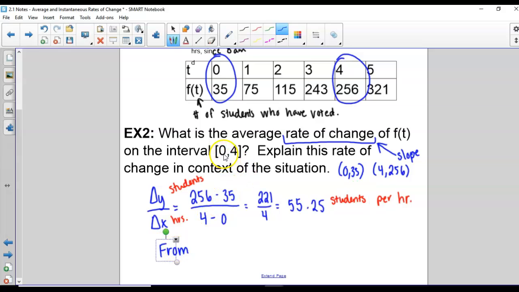I could say 0 to 4, but 0 to 4 doesn't really help me in context of the situation. Because what does 0 to 4 mean? It doesn't really help a lot, right? What does 0 represent as far as time goes? 8 a.m. What about 4? What time would that be? That'd be 12. So from